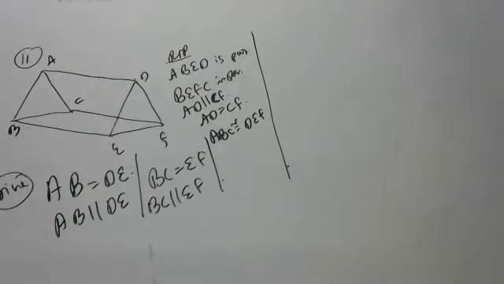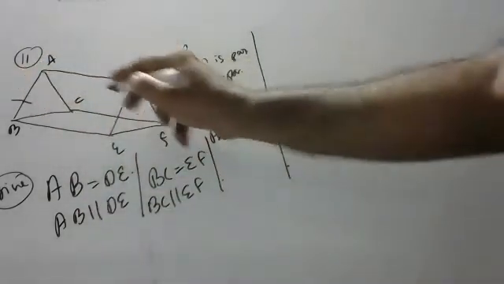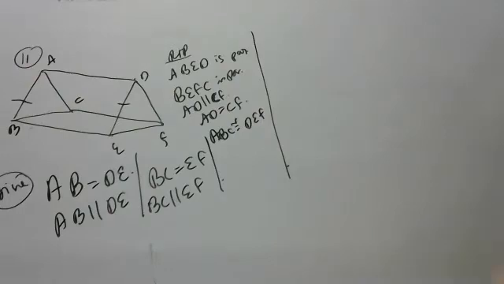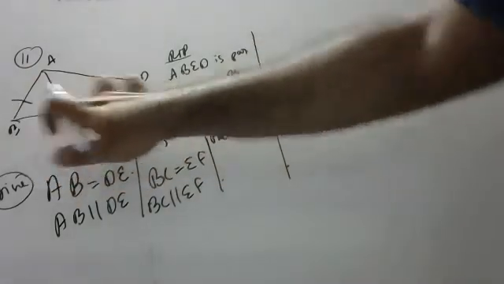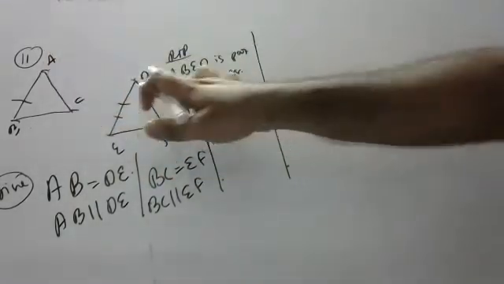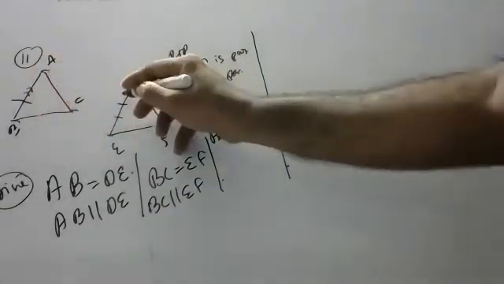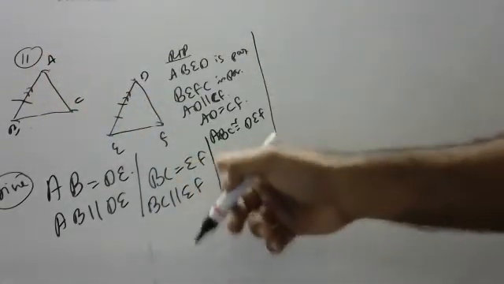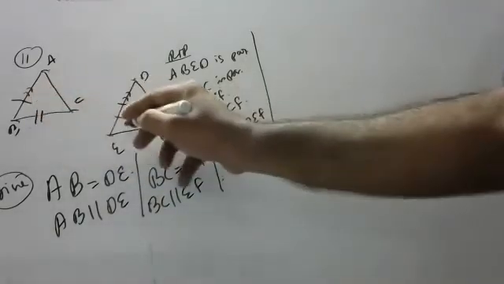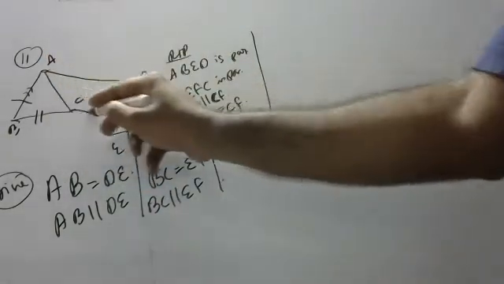Okay, children. So please try to understand. Very, very easy sum, even though they're confusing us. AB is equal to DE. Okay, forget about all the lines, children, for some time. I'm removing all the lines so that you will not be having any confusion. Again, AB is equal to DE and AB is parallel to DE. And BC is equal to EF, and also BC is parallel to EF. Both are parallel. Okay, children. Now we're drawing. Now we understood that, children.